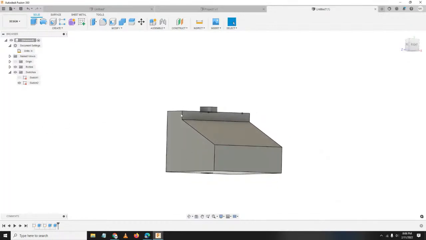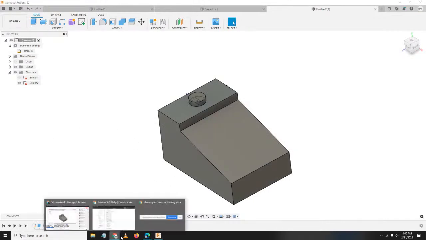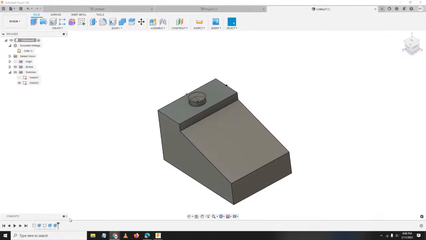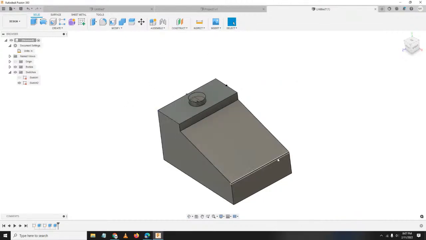So, ngayon, mag-a-add na tayo ng points. Okay? So, para magawa natin yung ating 3-point plane. Kasi magagawa tayo ng plane through 3 points. So, hindi natin magagawa yon kung wala tayong points dito. Okay?